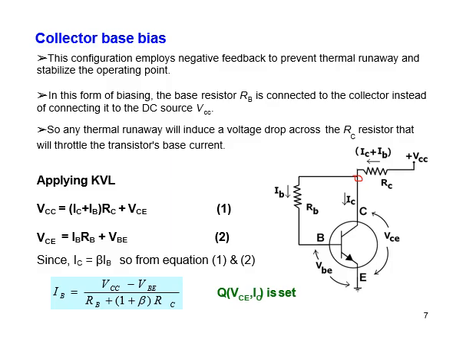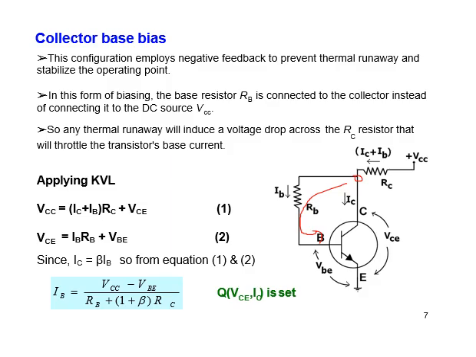So this configuration reduces the chances of thermal runaway and stabilizes the operating point of the device by providing a negative feedback on the base side. Now in this form of biasing, the base resistance RB is connected to the collector terminal, and so in this way